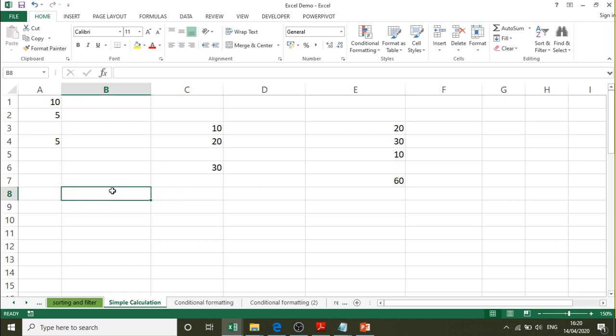Suppose we are having 50 and 20. We can use equals, this cell address B8 divided by B9. So this is how we can do simple calculations in Excel.